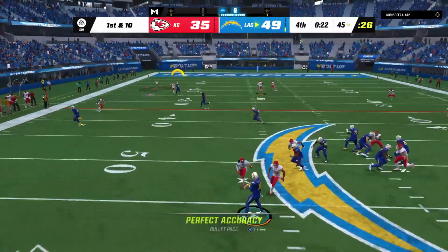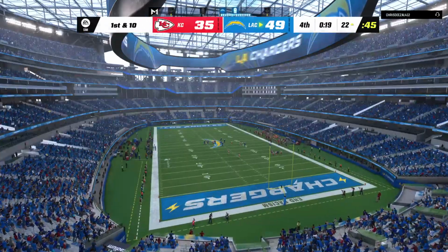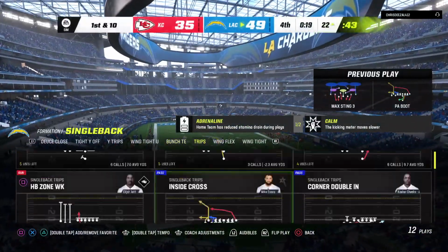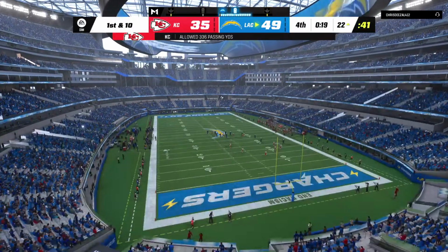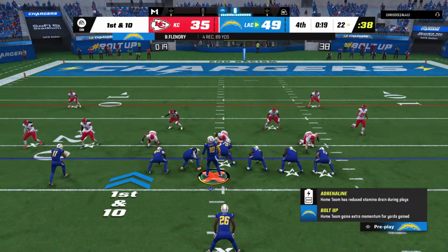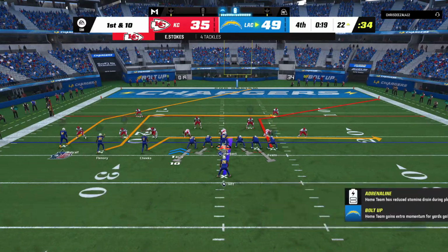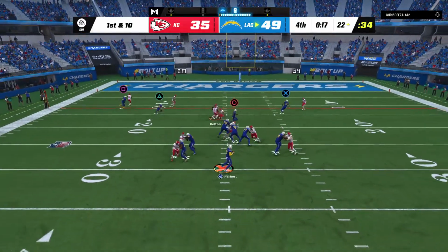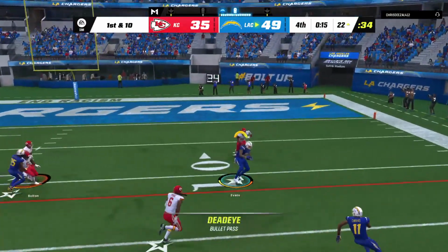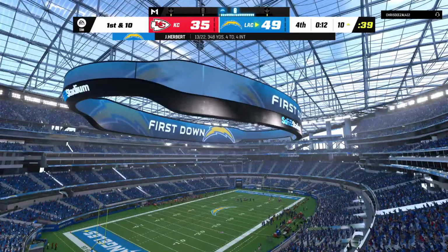On the move to his left. Looking left side, and it's complete. Chargers going to use their third and final timeout. It'll be their third and final timeout, so as they talk things over, we'll step aside. With the late lead, Herbert's going to throw it. This is caught by Evans. And he takes it down to the